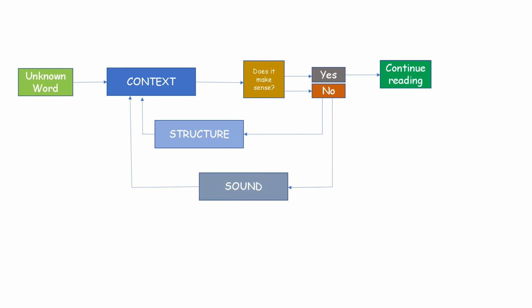Ask them to try to pronounce the word. When they hear it, ask them if the word rings a bell. Is it something that they already know? If not, are there letters or letter combinations that might help? Then go back to context again. Does it make sense? If it is still a no, go to the final phase, which is the most explicit